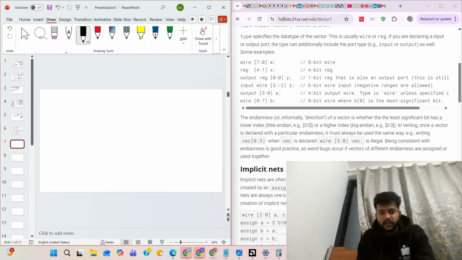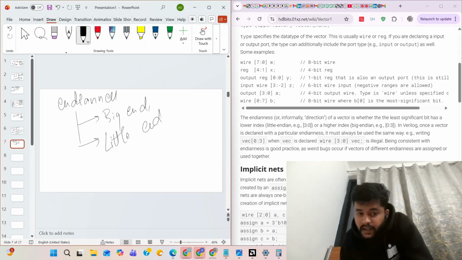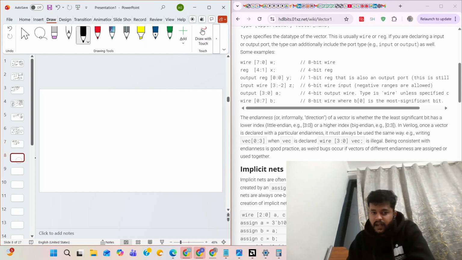One more term we have to understand is endianness. There are two types of endianness, big endian and little endian. It just tells you the direction, at which memory location the vector bit is assigned.